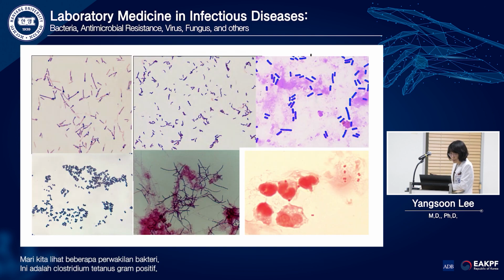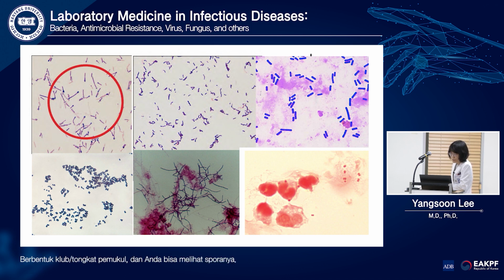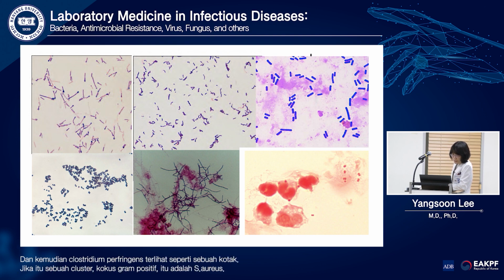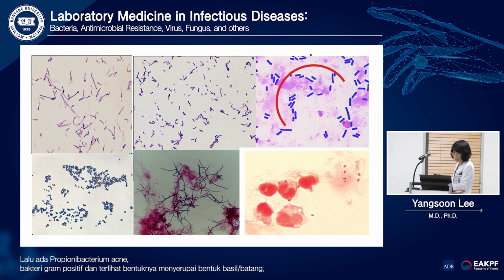Let's look at some representative bacteria. This is gram-positive Clostridium tetani. It is the shape of a club, and you can see the spore. These are Propionibacterium acnes, which is gram-positive and looks like a short butterfly form, and the Clostridium perfringens, like this,